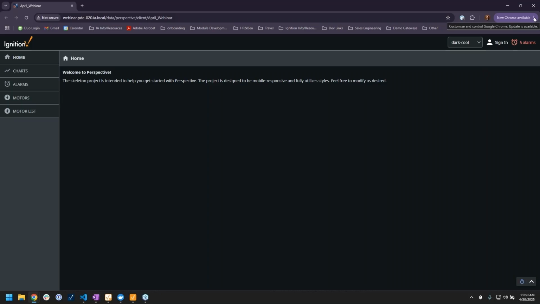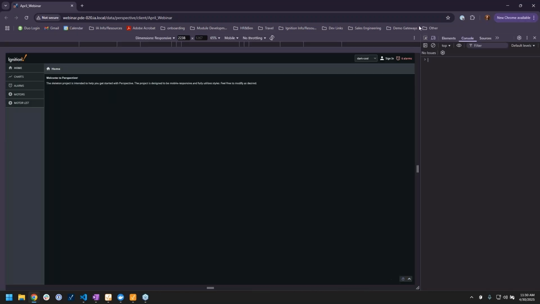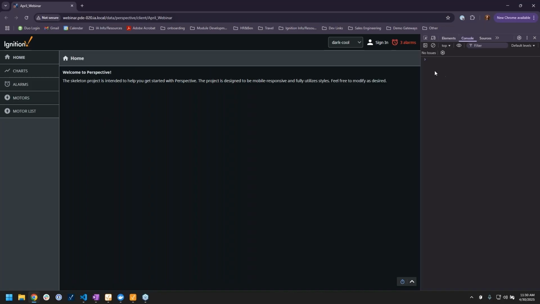One other cool little tool I'm going to show you while you're here is the developer tools within Chrome. These are like Chrome specific developer tools. So I go to these three little dots and I go to more tools and developer tools. It'll open up this little bar here, right? You'll see there's a lot of nice tools in here, but the first one we're going to look at is the console.